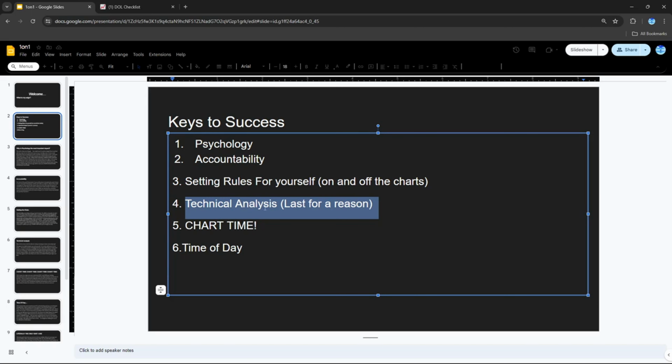Like, I know for you, this isn't going to be number 4 because you may not have the confidence in your technical analysis. Sorry, I didn't mean to say it like that, but you know what I mean. And it's okay if you don't, that's perfectly fine. But over time, 4 and 5 also go hand in hand. And this should be at the top of your list,